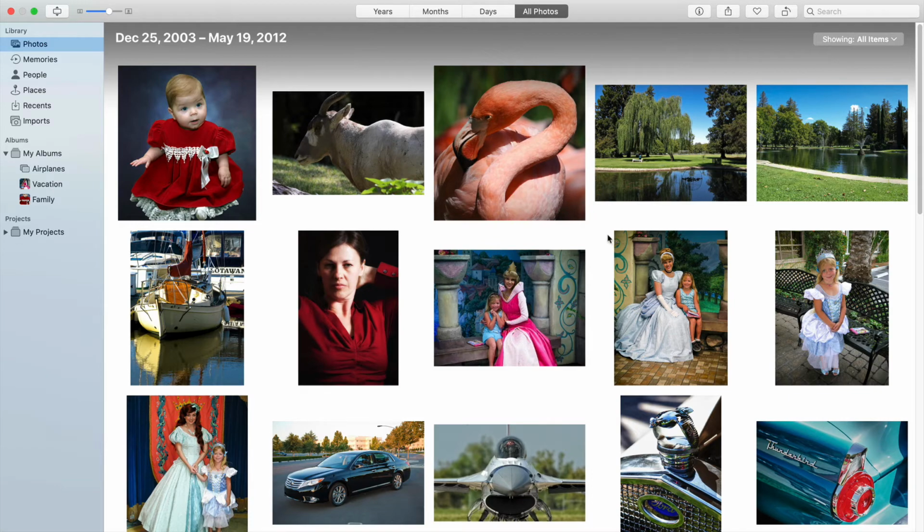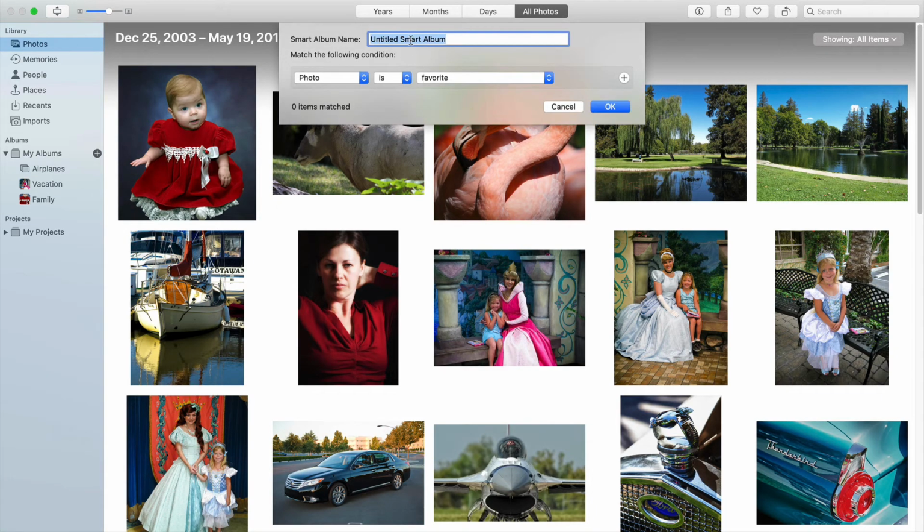That's the beauty of smart albums. So if we come up to Albums and I hit the plus up here, we use the option to have albums, and that's what we made here for our group. So I'm going to use a smart album. I select smart, and then I give it a name. I'm going to say, okay, this one is